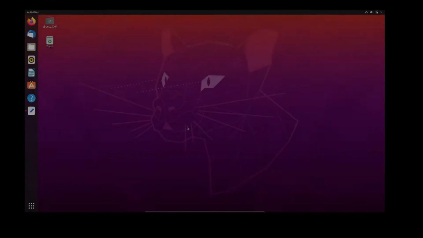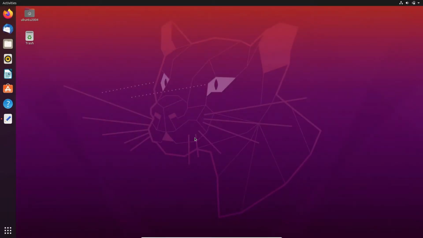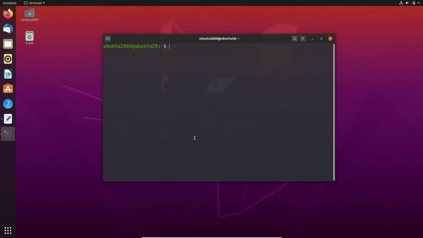So this is the Ubuntu 20.04, and now go to the terminal. In the terminal, at first let's check what version of Python we have. Python 3 -v. By default in Ubuntu 20.04 we have Python 3.8.5. If we install the MySQL client in Python 3.8.5, we get some errors. So in order to tackle that, let's change the Python version to 3.6.